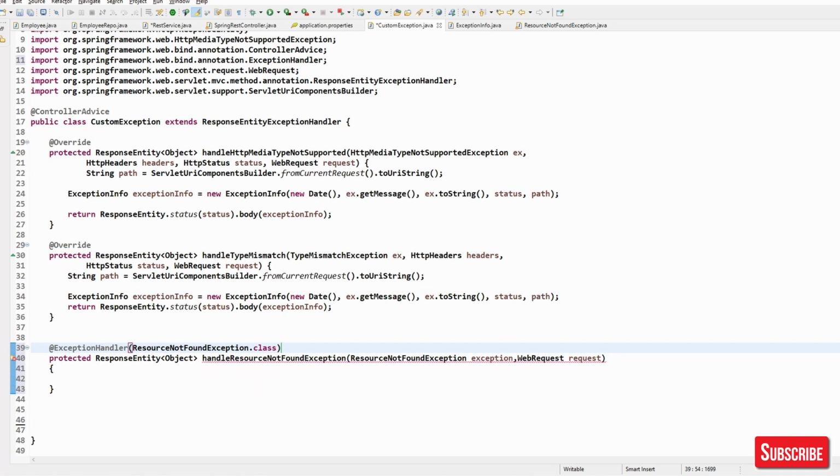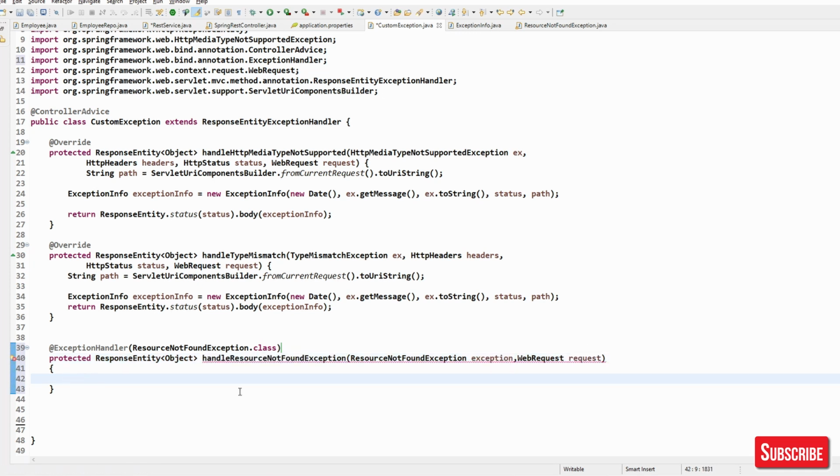Okay. So now Spring Boot will call this handleResourceNotFoundException whenever in our code we are going to throw ResourceNotFoundException, by giving us exception detail and request detail.